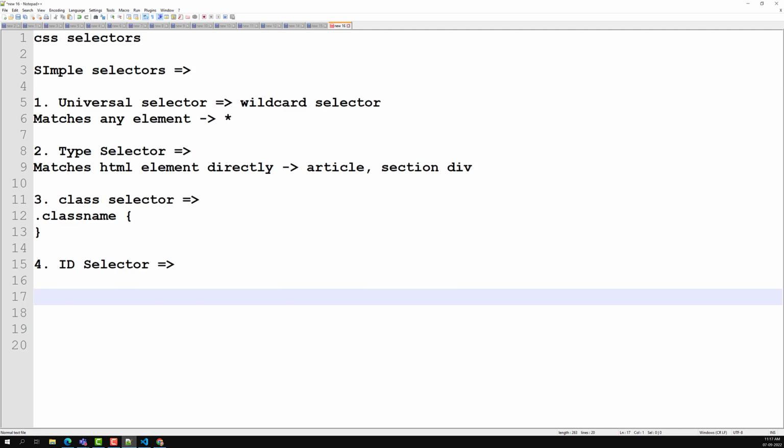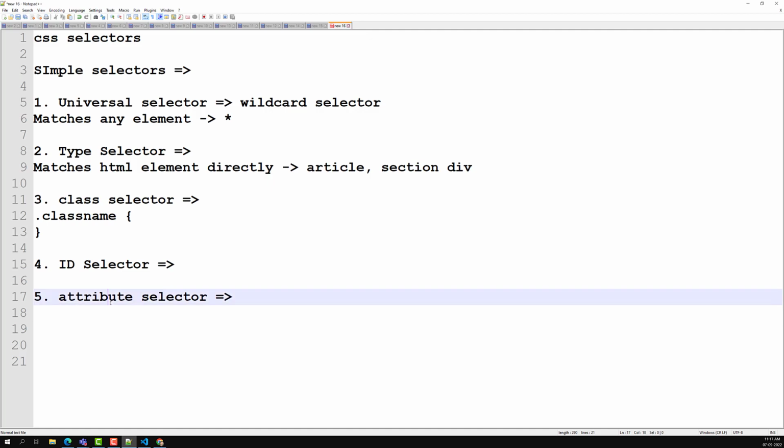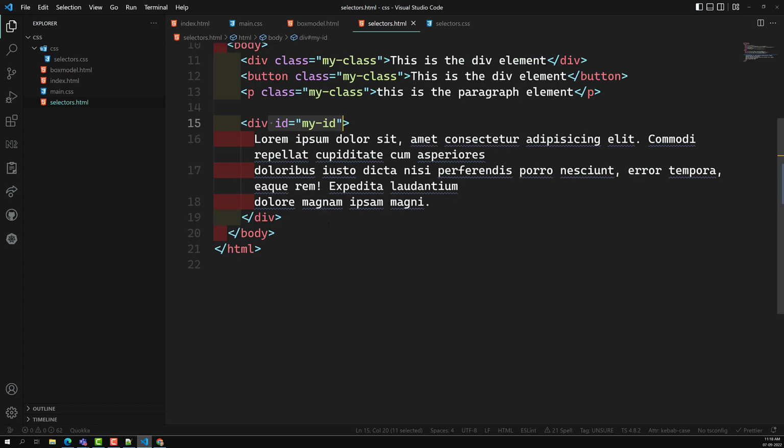So now let's continue with the next one, that is the attribute selector. The attribute selectors are nothing but the attributes. We already know about these attributes, right? These are called attributes. We can also target elements with the attributes. For example, let's say that